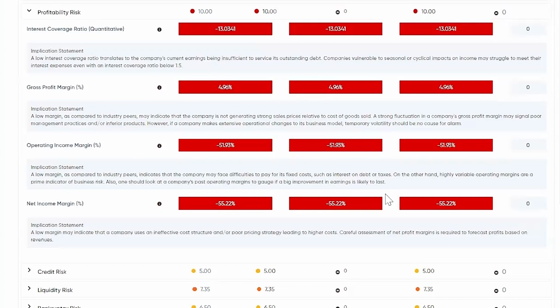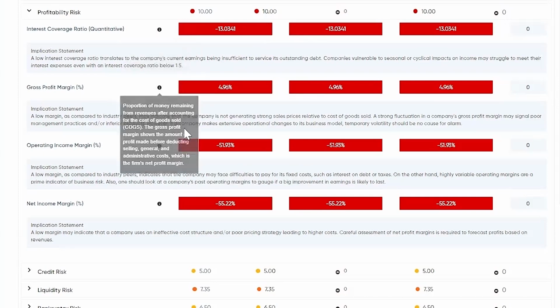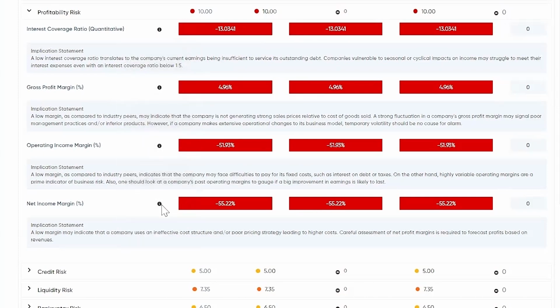The metrics, again, are rated on a scale from low through critical, as indicated by color right here. These are all critically rated metrics. Every single metric, regardless of what domain or subdomain you're in, is going to include this information icon, which you can hover over to get further detail on what's being described by the metric.